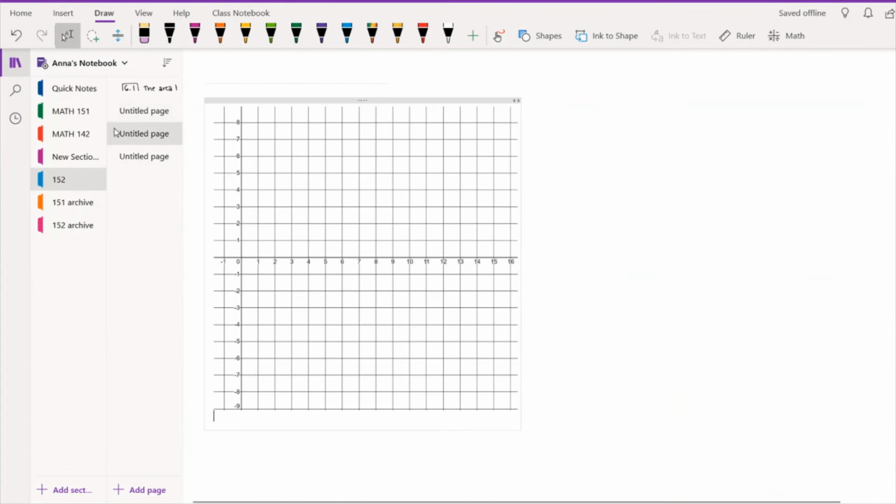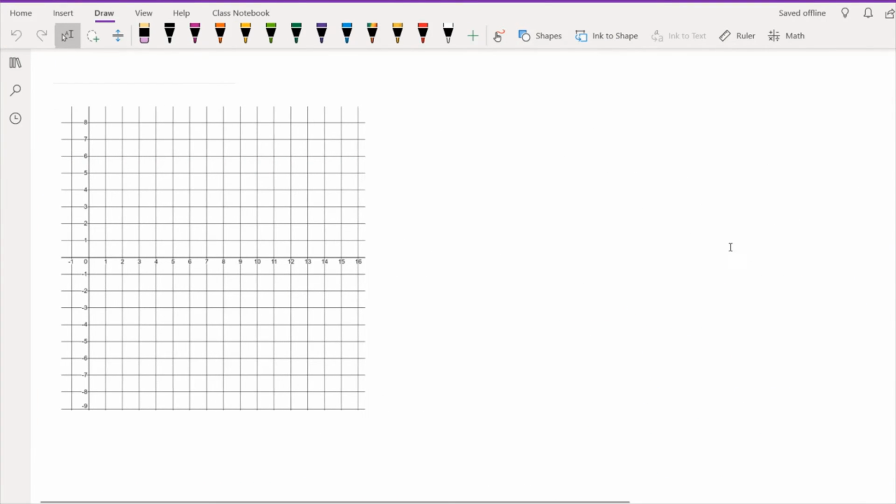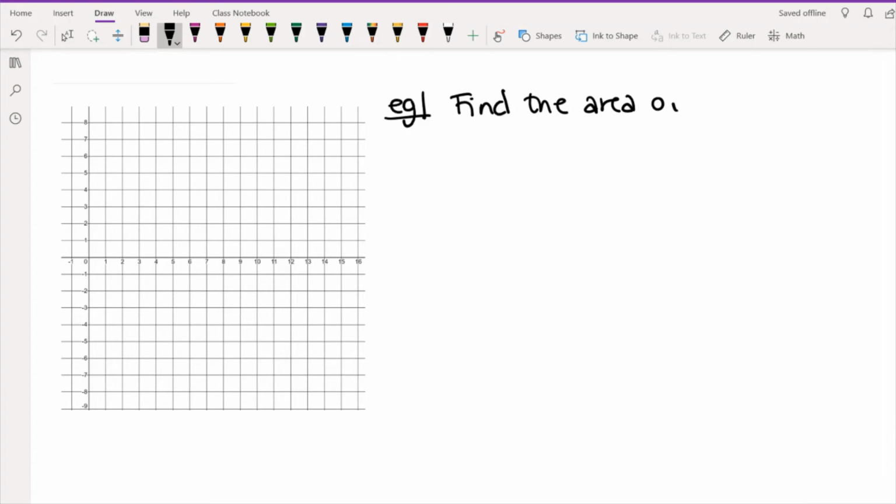Okay, so we have 2 more examples we're going to do. This next one is going to bring up something that is going to be new for this class, and that is actually going to be really important when we get into the next section about volumes. So this time we're going to find the area of the region bounded by,